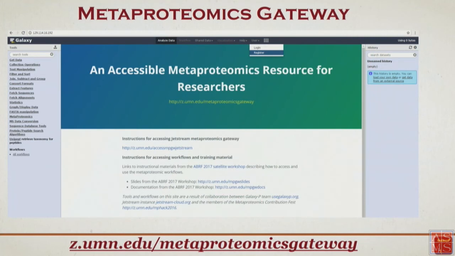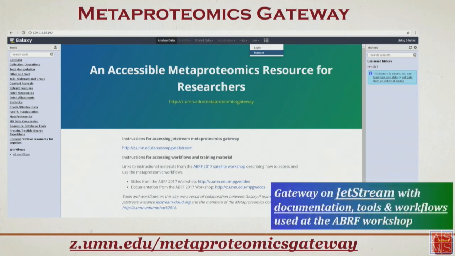We actually went a step further and also have a Galaxy instance now wherein researchers can go and access this instance to look at the inputs, outputs, as well as workflows and documentation for the workshop that I mentioned earlier. This instance is on Jetstream, which is a cloud instance that Indiana University provides, and we have a collaboration with them.